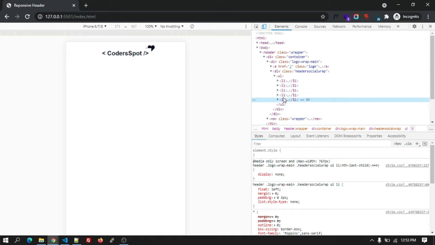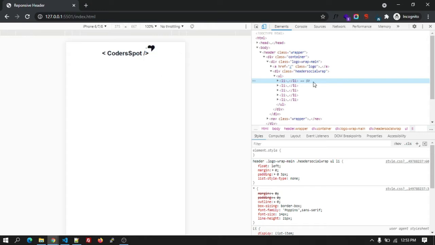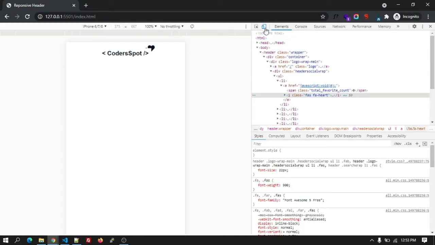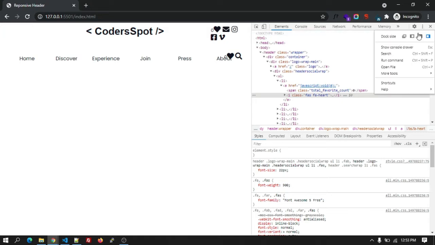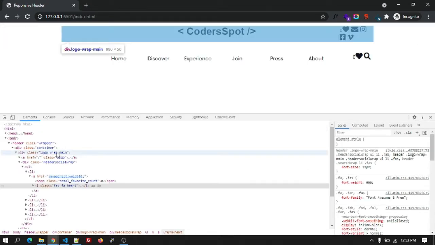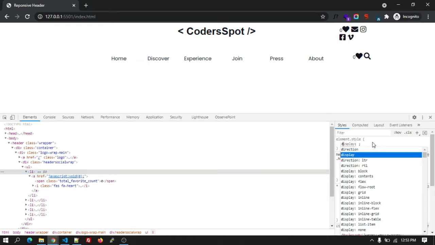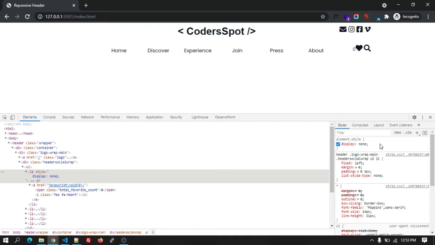I have added the CSS so far. We have added the li for the mobile device, right? It will be shown on the desktop also. So we need to hide it on the desktop, but it needs to be shown on the mobile device only. For that, the first element should be display none on the desktop device. So let's write the code for that.